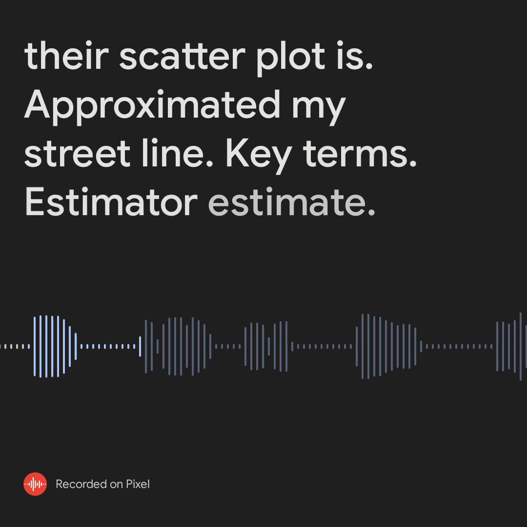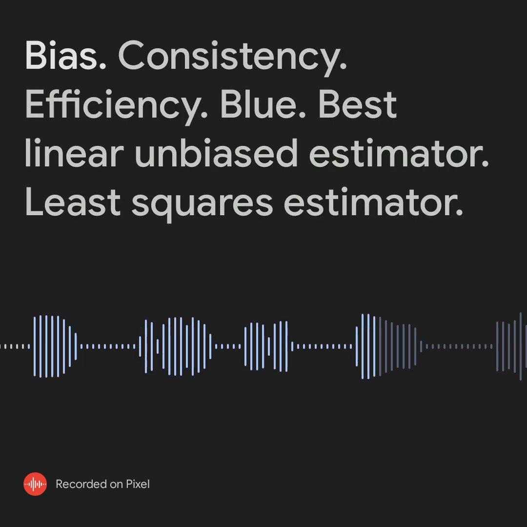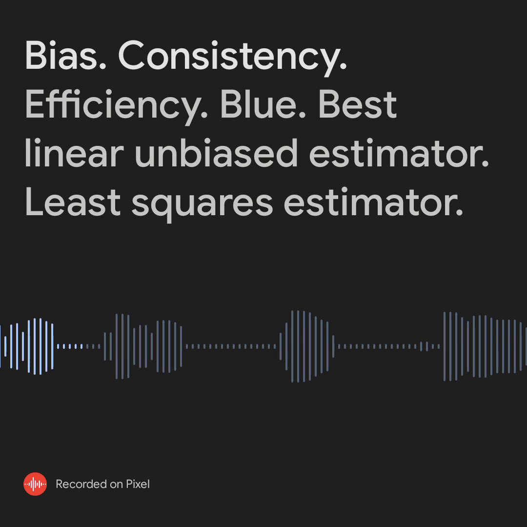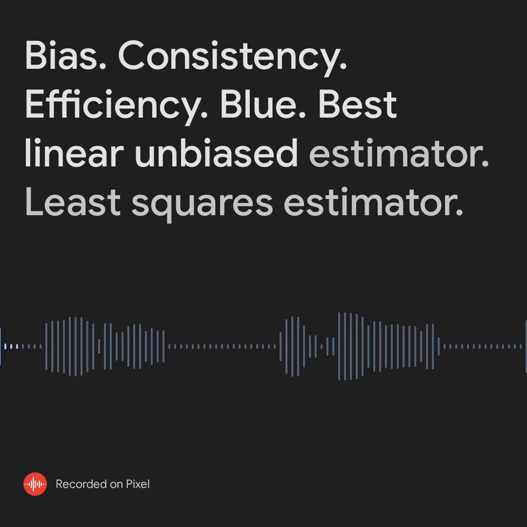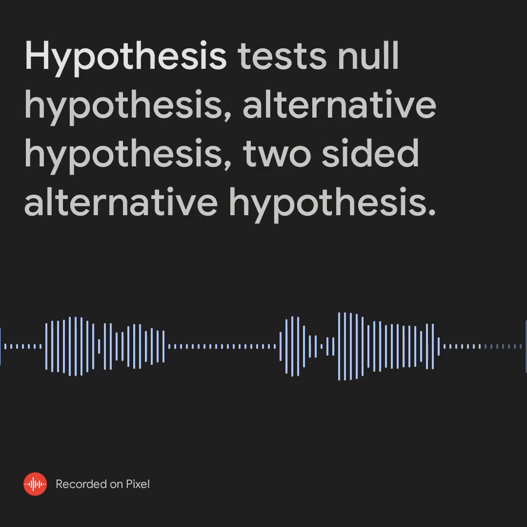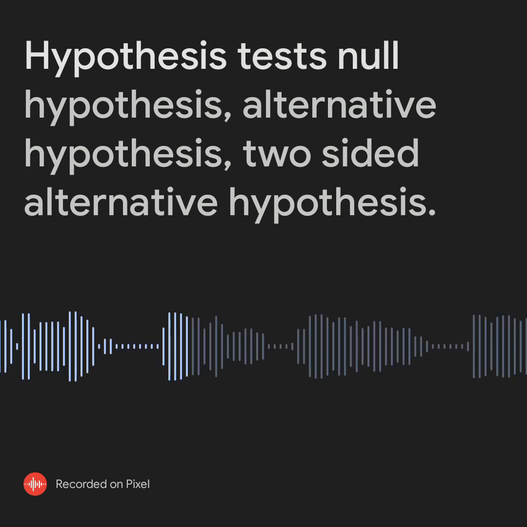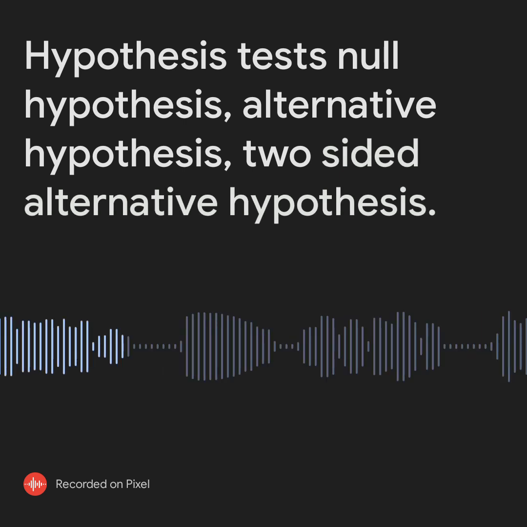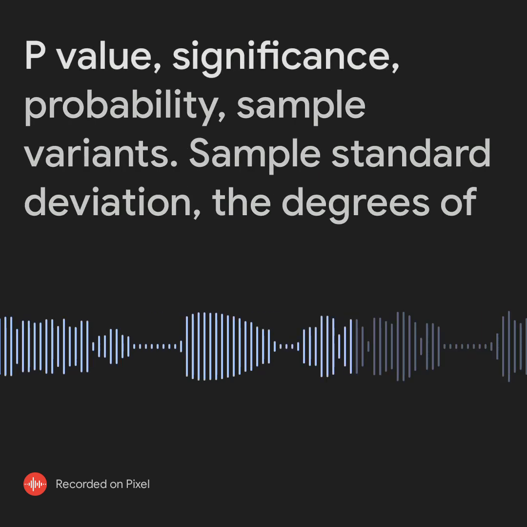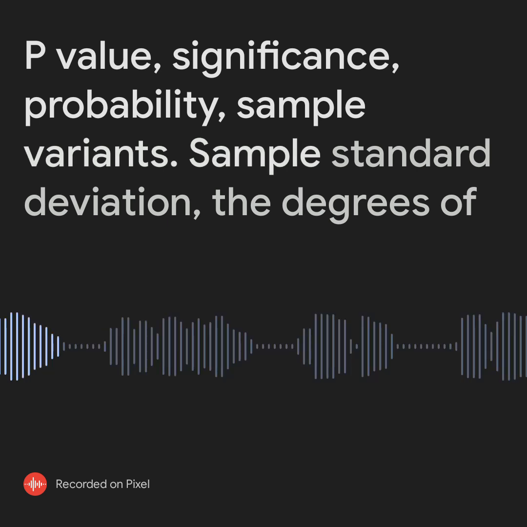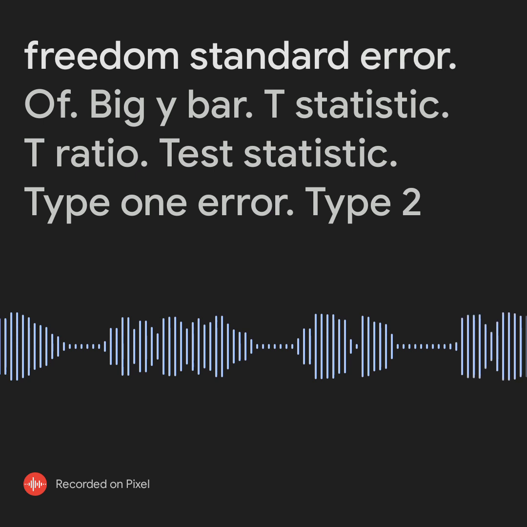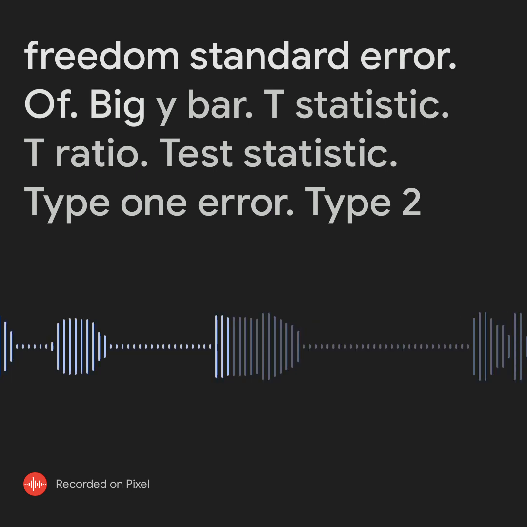Key terms: estimator, estimate, bias, consistency, efficiency, BLUE, best linear unbiased estimator, least squares estimator, hypothesis tests, null hypothesis, alternative hypothesis, two-sided alternative hypothesis, p-value, significance probability, sample variance, sample standard deviation, degrees of freedom, standard error of Ȳ,